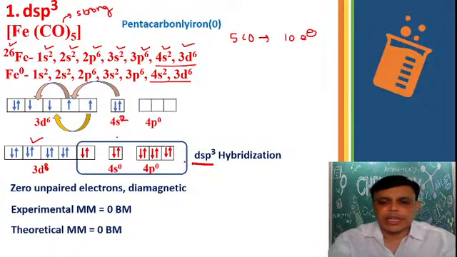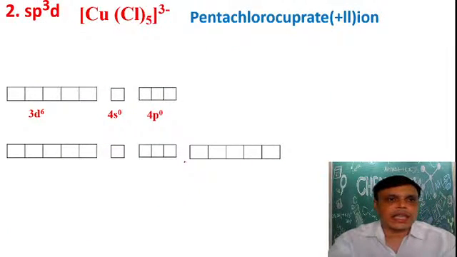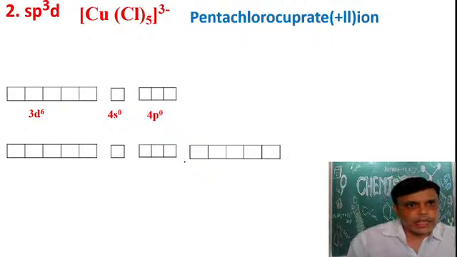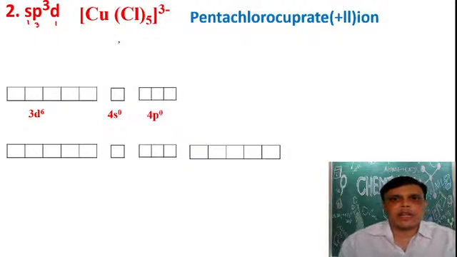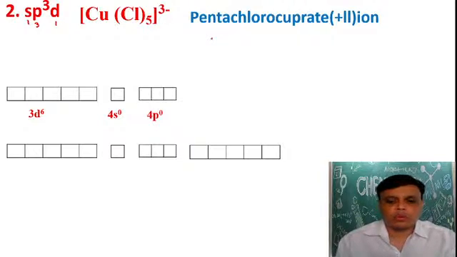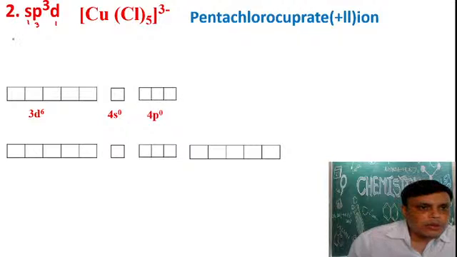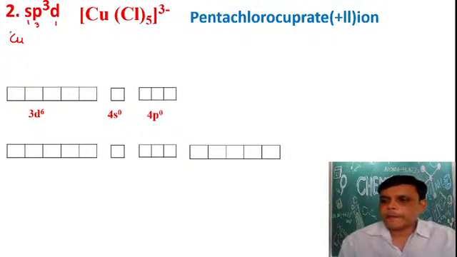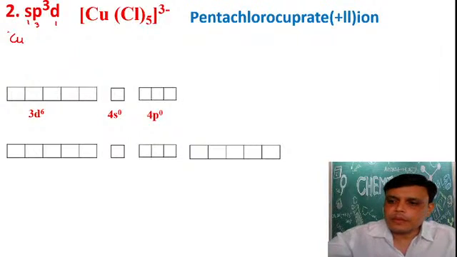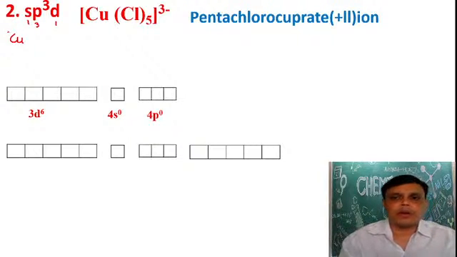Okay, good. Then we will see the next type, that is sp3d hybridization. The next type is sp3d hybridization, means one s orbital, 3 p orbitals, and one d orbital are involved. An example is CuCl5 3 minus, that is pentachlorocuprate. Then we will write down the atomic number. Atomic number of copper is how much? The atomic number of copper is